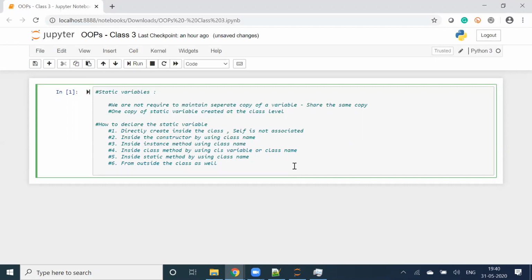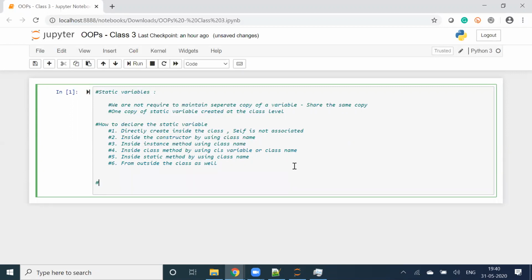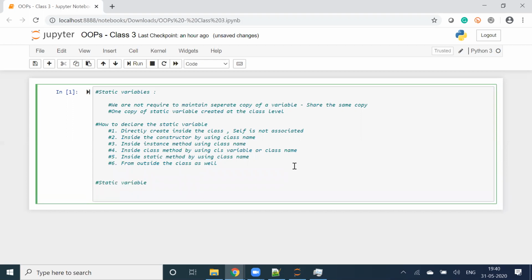Okay. Now, in interviews, people will ask what is the difference between a static variable and an instance variable. For a static variable, only one copy will be created at the class level.